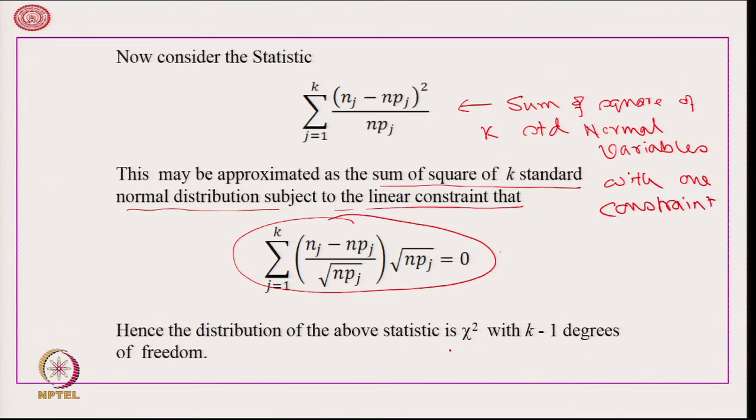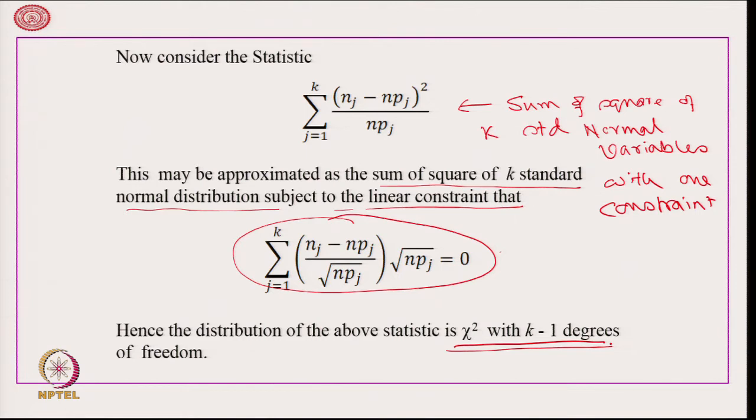Therefore, this is a chi-square distribution with k minus 1 degrees of freedom, because we know that if there are m standard normal variables x1, x2, ..., xm, then x1 square plus x2 square plus ... plus xm square is chi-square with m